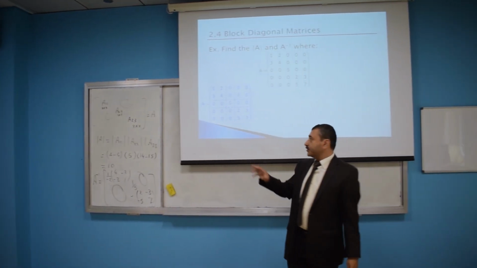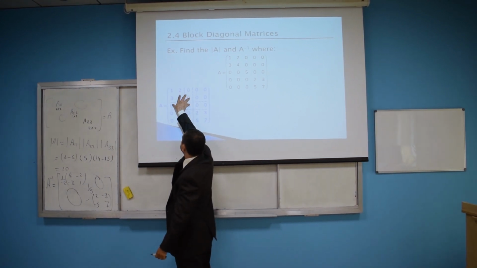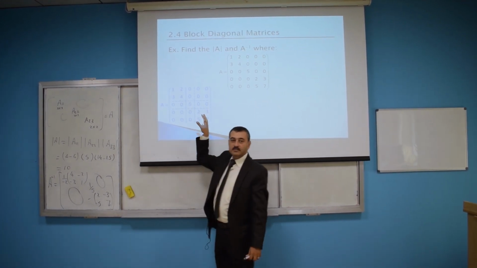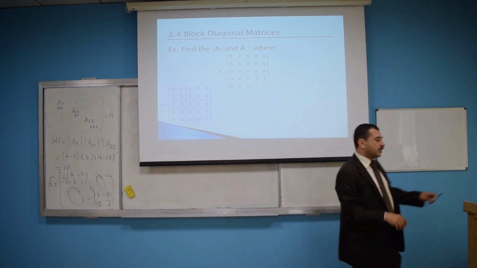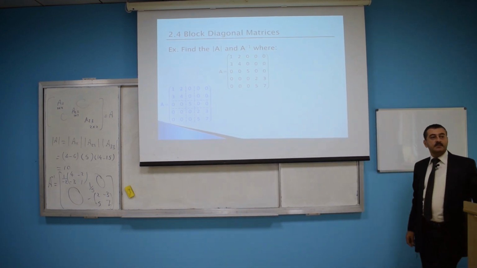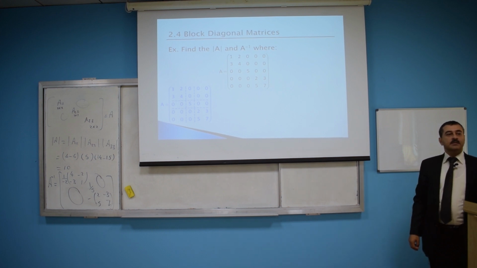طبعا في ناس عملت partitioning تانية خدت 3 by 3 and 2 by 2. But this guy is simpler to find the inverse: take 2 by 2, 1 by 1, and 2 by 2. Okay يا شباب؟